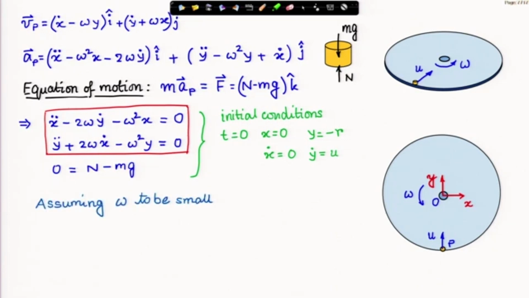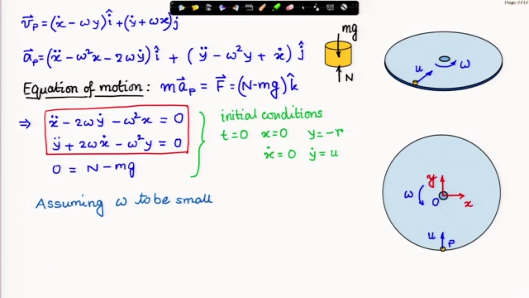Now, we solve these equations, relevant equations of x and y. These are two ordinary linear second order differential equations, they can be solved exactly. But what we are going to do is, rather than trying to solve it exactly and get a very complicated, lengthy solution, but you can try out, we are going to make some approximation, and this approximation will be relevant to the next part of the discussion